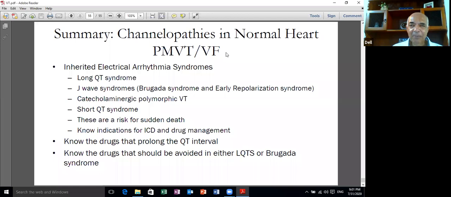I don't know any specific indications or contraindications in pregnancy. I think it should be the same unless the patient is using any of the drugs which can be responsible for one of the channelopathies. So if the patient is using antipsychotic drugs or using lithium for manic depressive psychosis, you should get off the drug first. But we don't use an ICD in these patients except for secondary prevention. We're usually very conservative. So we implement beta blockers for long QT, even QT3, which is not very responsive to beta blockers, and for CPVT, and then we don't insert